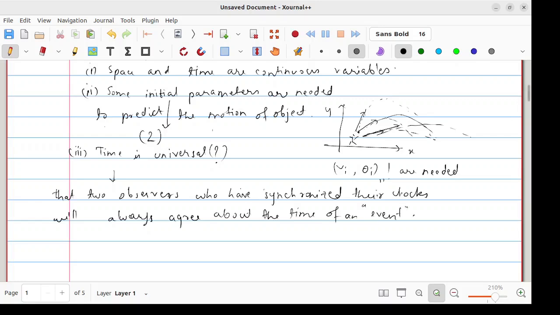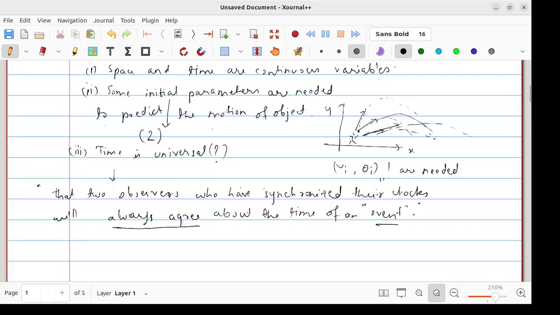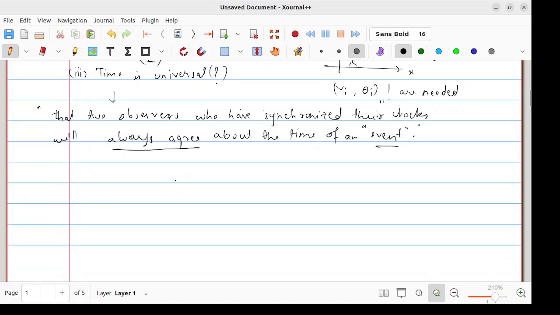Right? Now, what is an event? You will ask. But for now, understand this: if you have two guys and they have synchronized their clocks, then they will always agree about the time of an event. And we will define what the time is, or the event is. Okay. Let's do that right away, and let's see what an event is. An event is, to describe it in a very simple way,